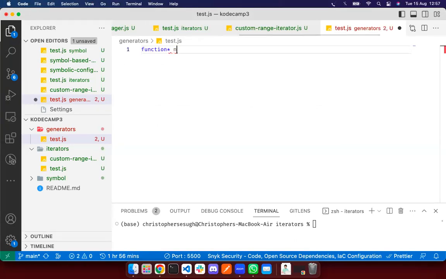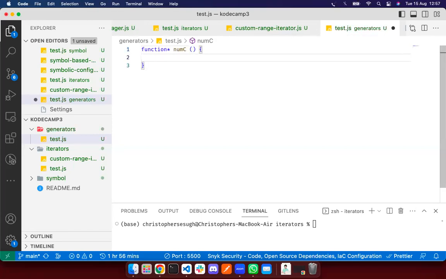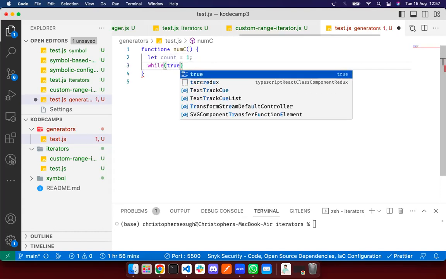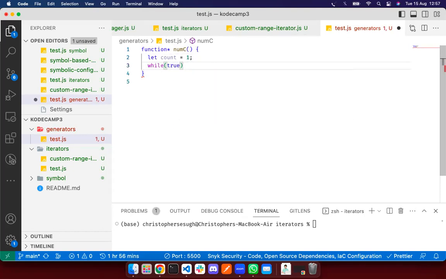Let's say a number counter. This is not a regular function. This is a generator. Let count equal 1. While true, this will always return true. You can use while 1. 1 is true. If you use 0, 0 is false, and it will not run. 0 is false. While true,